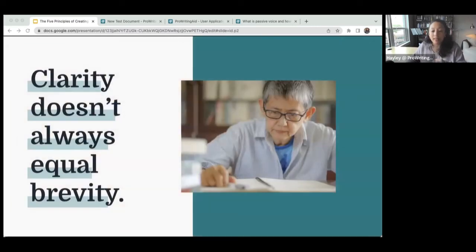So again, clarity does not always equal brevity. You have to be doing both things. You have to be thinking, what are the words that say what I mean? And how can I put them in an order in this sentence that is not going to alienate the reader or be too